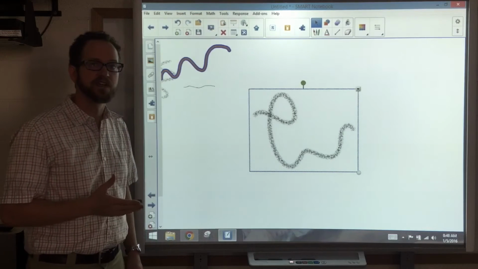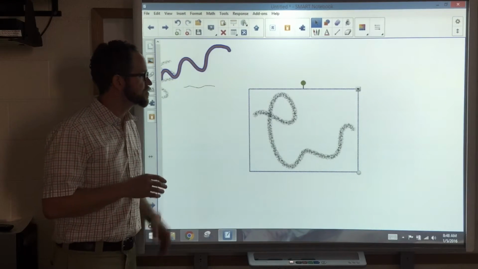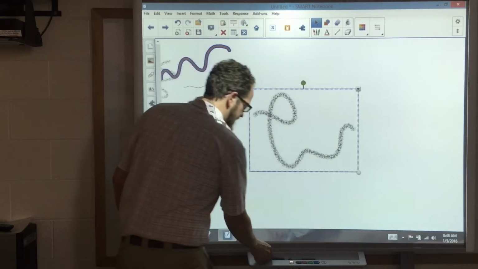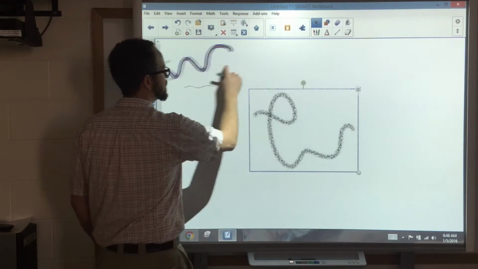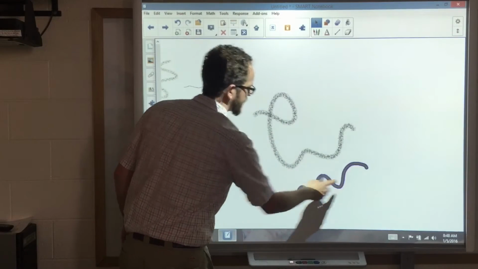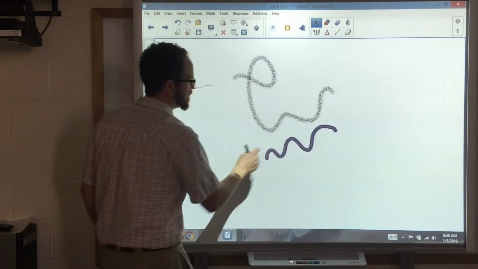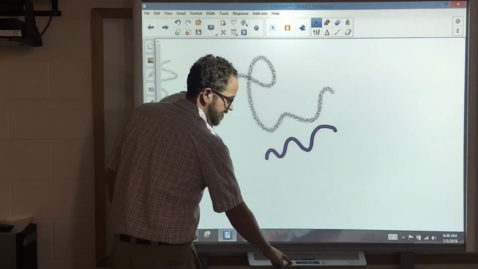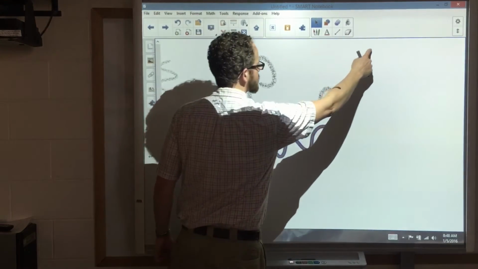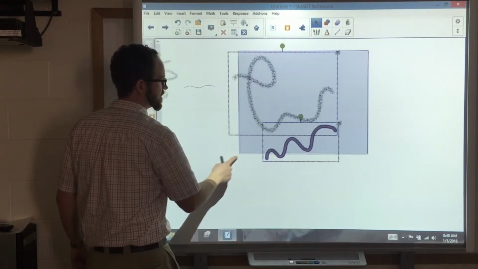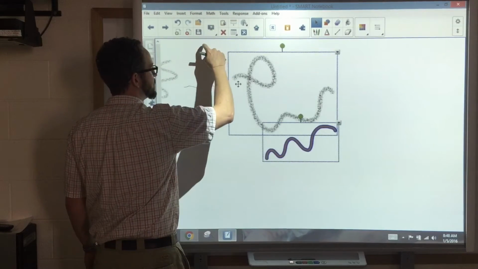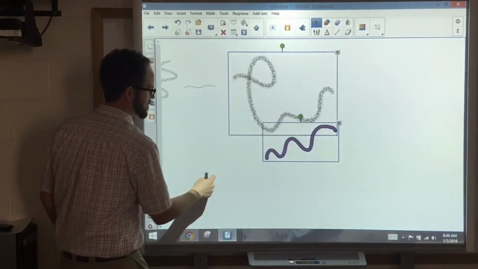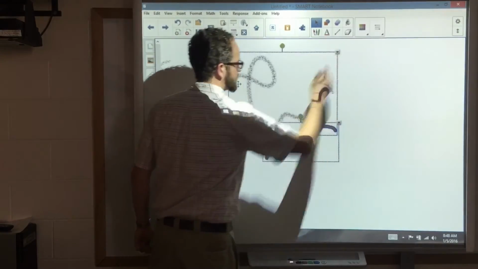Now, aside from moving, rotating, and changing the size of your pen input, you can also group things together. Imagine that I wanted these two things to work as one. I didn't want to have to move them separately. Maybe it was two things that I meant to stick together. Notice, still in selector mode, I'm going to draw an imaginary box by going across the diagonal from one side to the other. Let me do that again. Notice it doesn't really matter what corner I start in, but just from one corner to the opposite corner